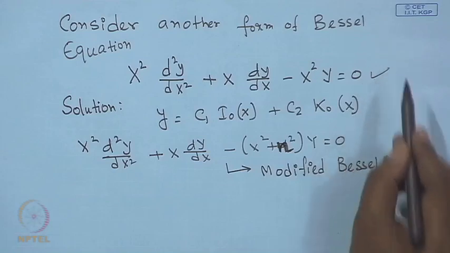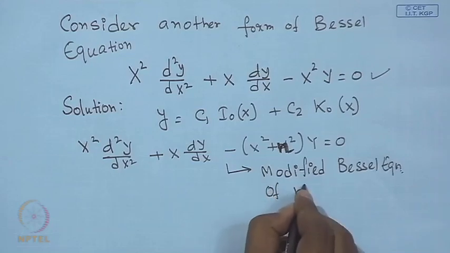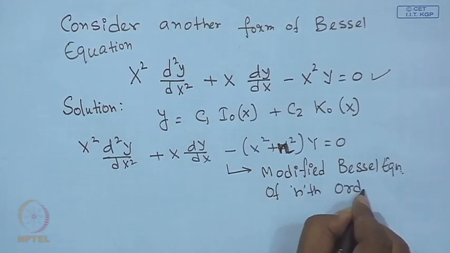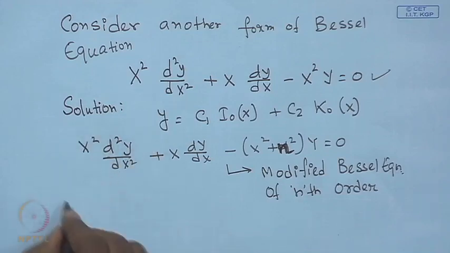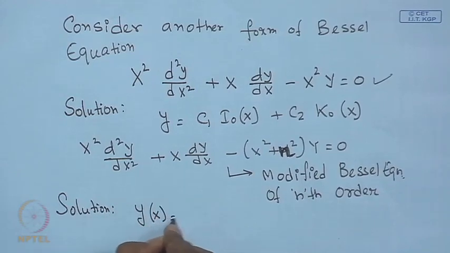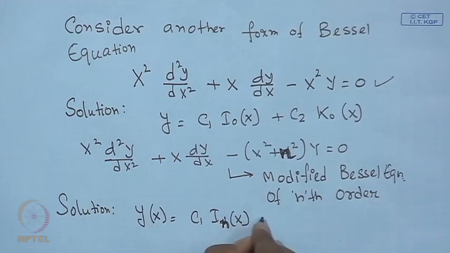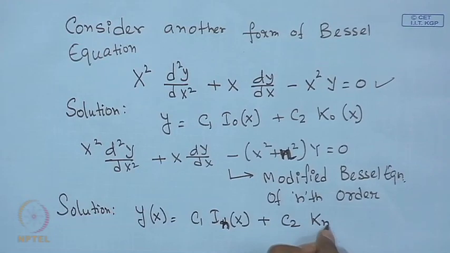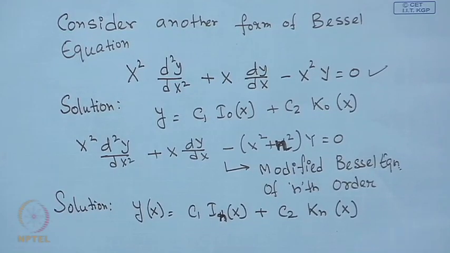This is the modified Bessel equation of 0th order. This is the modified Bessel equation of nth order. So, therefore, we will be getting the solution for this particular problem as y as a function of x is nothing but C 1 I n x plus C 2 K n x. So, the difference between the Bessel equation and the modified Bessel equation is that there will be